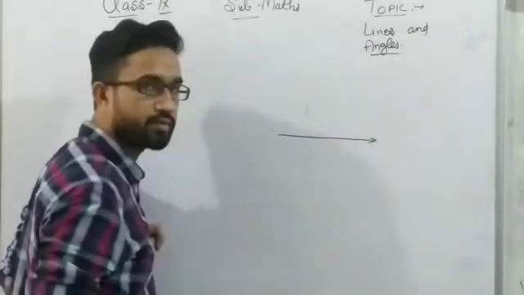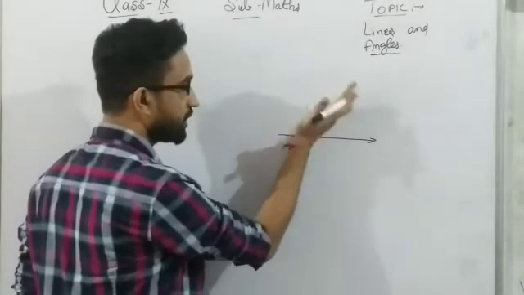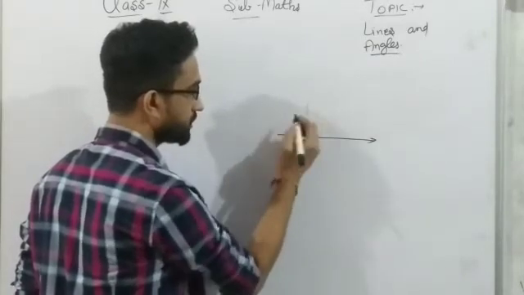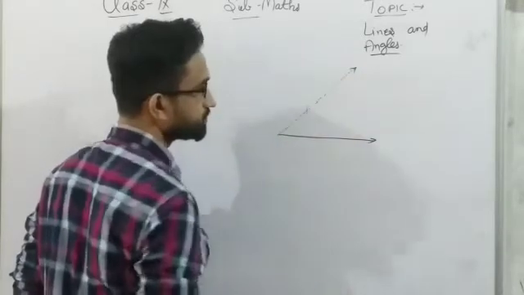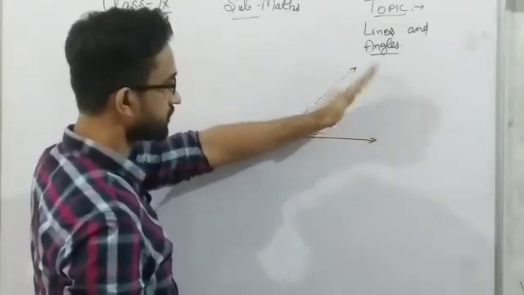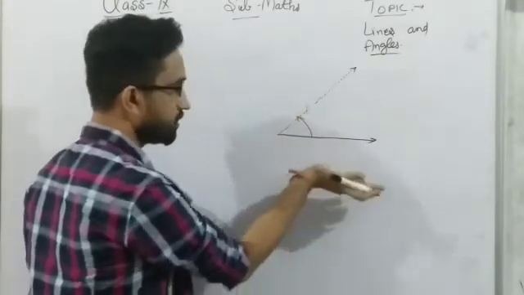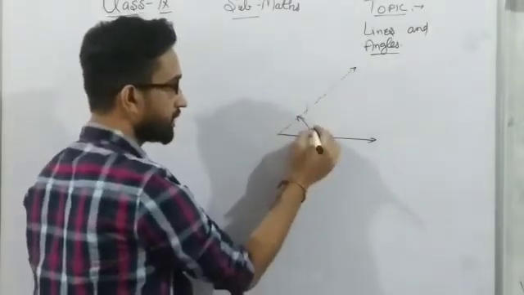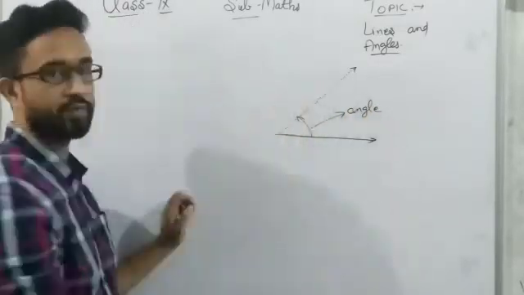Suppose I have this line, and if this line starts moving like this, keeping this point fixed, it will start moving like this. Then after some time, let's say it is reaching this point. From here it has gone here. Now how much distance it has covered with respect to this orientation, because it will be rotating like this. How much it has rotated, that is known as the angle made by this line with this.